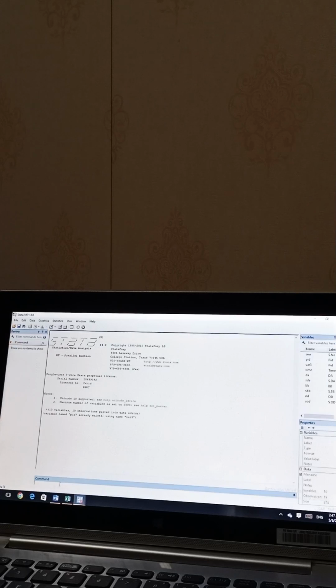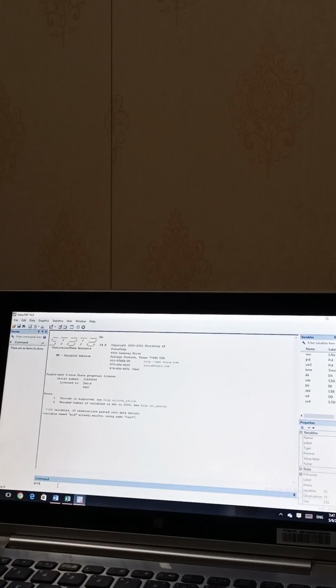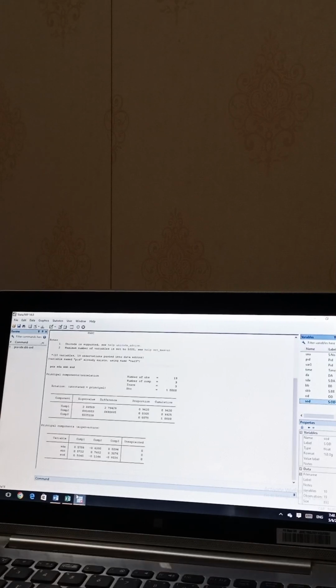So what we are going to do is put the command here. We will write pca. PCA means principal component analysis, and you should write it in small letters. Here on the extreme right side are the names of variables which we are going to use. We are going to use standardized values, so we double click on SDA, SBB and SOD. Now here you see in the command section: pca SDA SBB SOD. Now we are going to enter the data,